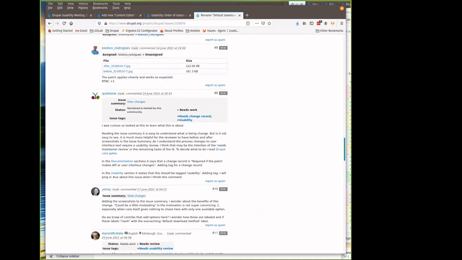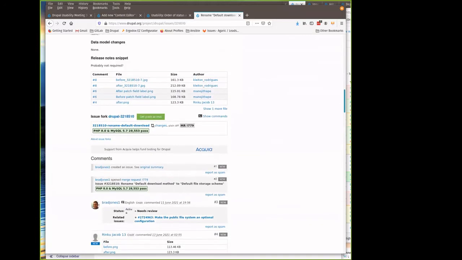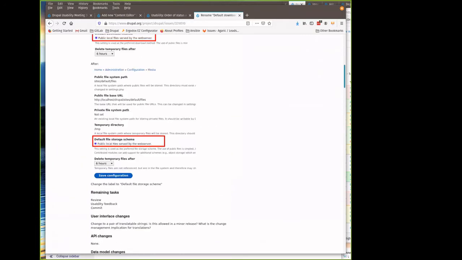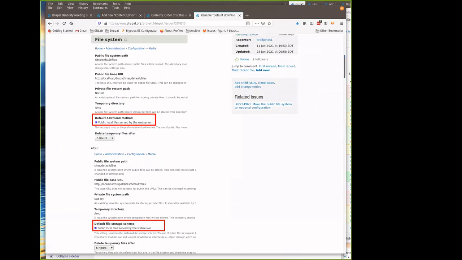So should we talk a little about the proposed word change? So you just suggest dropping the word scheme. Yeah, and